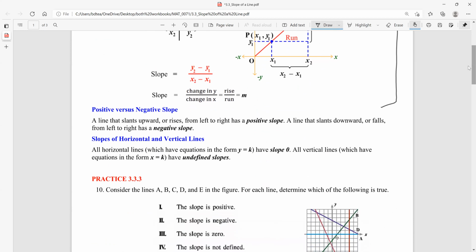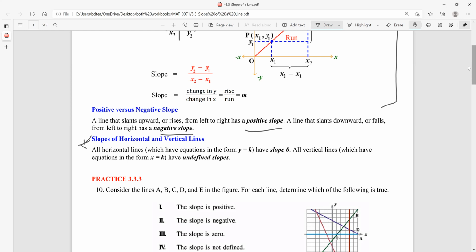And then there's something here about positive and negative numbers. When it rises from left to right, it's a positive slope. And if it slants downwards or falls, it's a negative slope. And you want to recognize those characteristics. And it's mentioned here the slope of horizontal and vertical lines. So you want to make sure that you